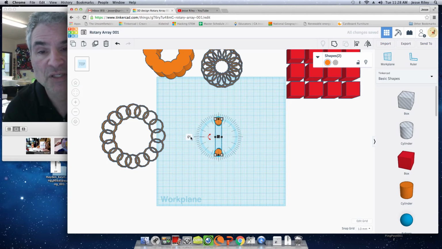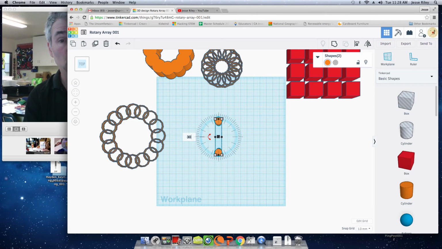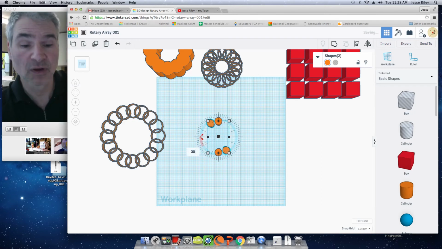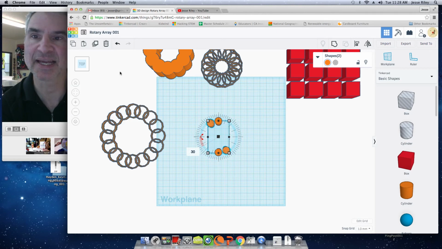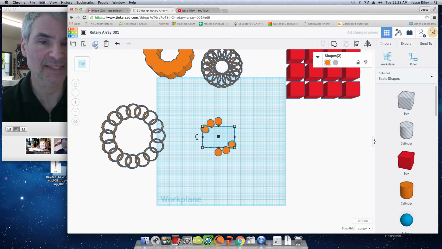it allows me to change the value in here. Now with a clock face, 360 degrees, divided by the 12 is going to be 30 degrees. So look, it's duplicated it for me. It's rotated it on a rotational axis. So I'm going to, without doing anything else, click on that again, and it's rotated it again for me. I'm going to rotate it again. So I'm now up to 4 of those. And there we have 12